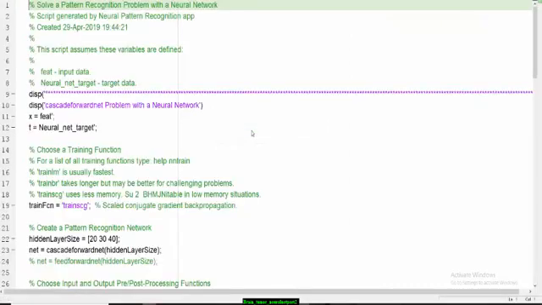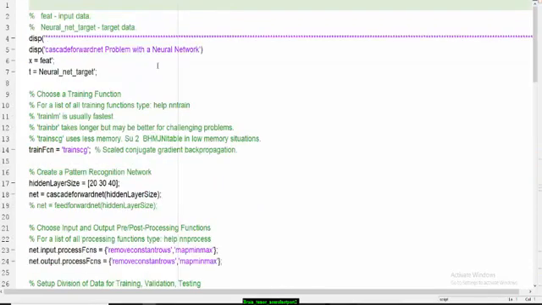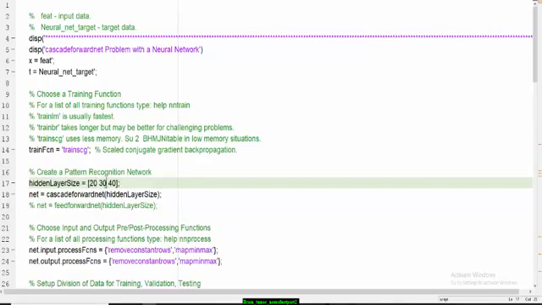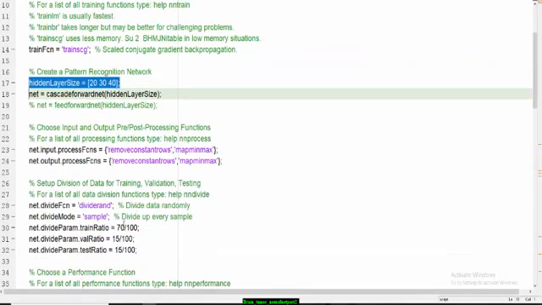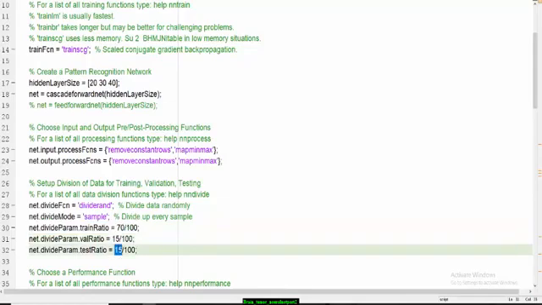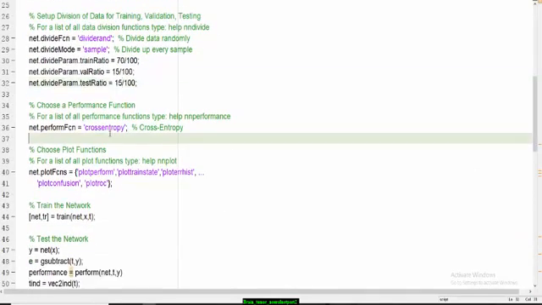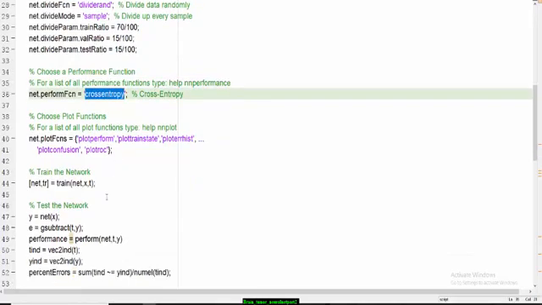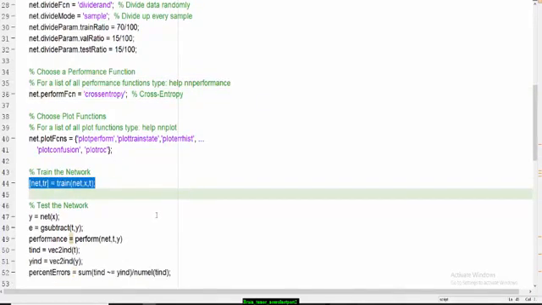Meanwhile, let me give you an overview of the cascaded neural net. I'm designing this cascaded neural network with a multi-layer architecture: 3 hidden layers, containing 20, 30 and 40 neurons. 70% of the data I'm taking for training, 15% for validation, and 15% for testing performance. The loss I'm considering is cross entropy loss, and this is how we train the neural network.